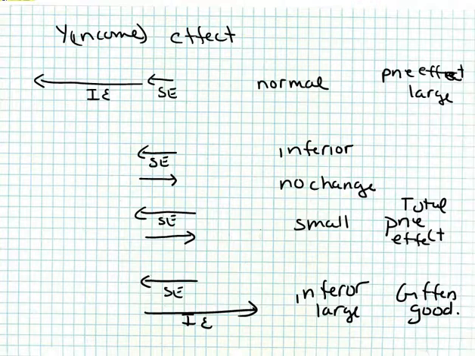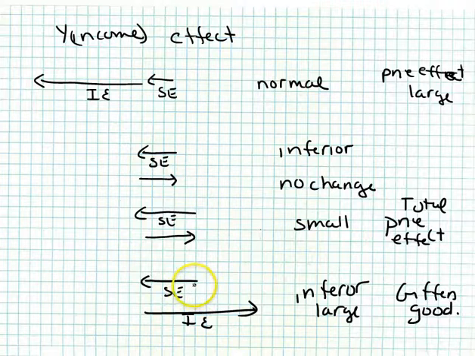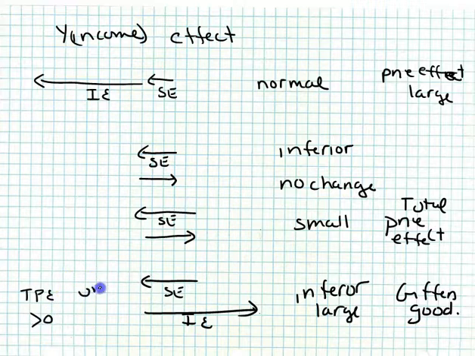So what about the case of that Irish potato famine? Indeed, the price of potatoes kept going up and up and up. The good became so scarce. Well, the substitution effect said, it's so expensive, I want to substitute out of it. But it was such a staple in the diet, and people had nothing else to eat. It was so inferior that as people's income effect went down because the price went up, they actually demanded more and more of it because they couldn't survive without it. That means it was so inferior, the income effect outweighed the substitution effect, and you got a total price effect that was positive. This, again, is highly